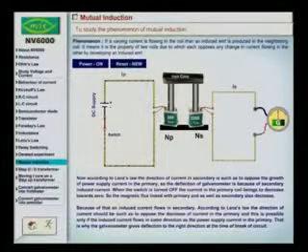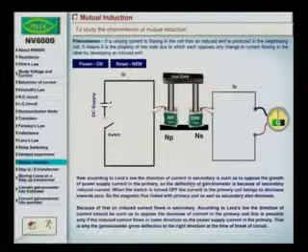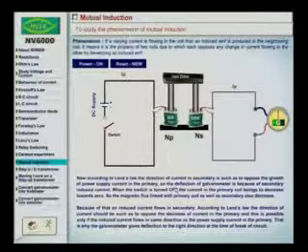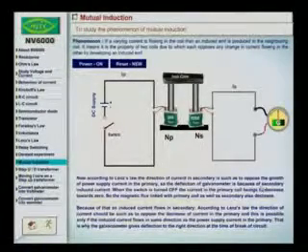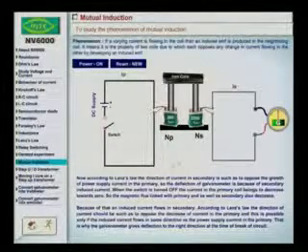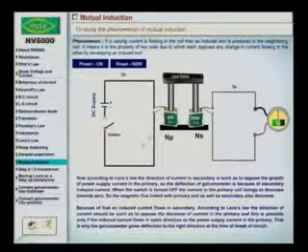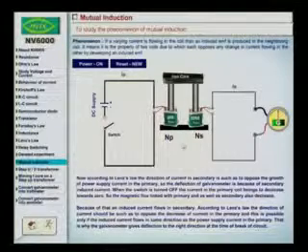Here we can see that the galvanometer gets deflected. According to Lenz's law, the direction of the current in the secondary is such as to oppose the growth of the current from the power supply in the primary. The deflection of the galvanometer is because of the secondary induced current. So by the current in one coil, a current is induced in the secondary coil.